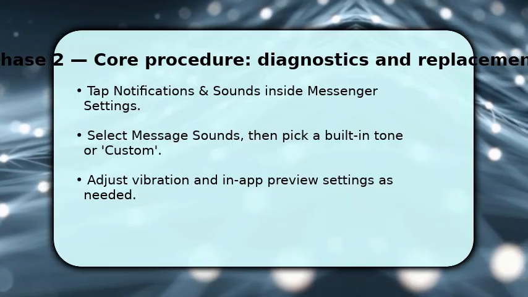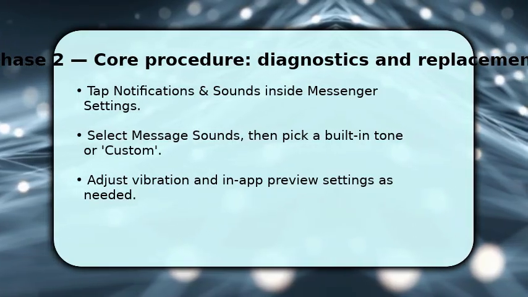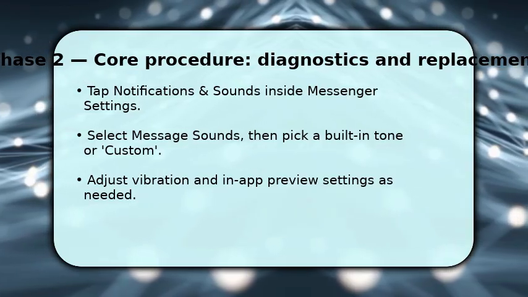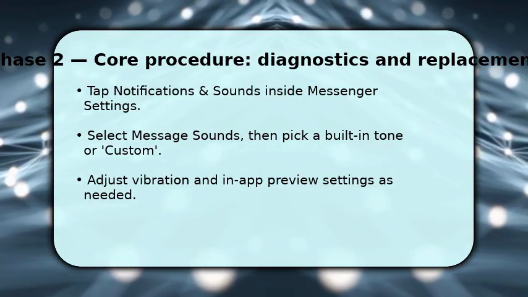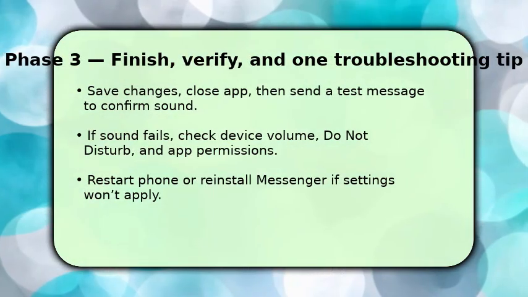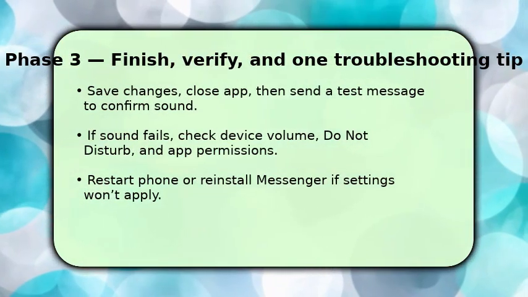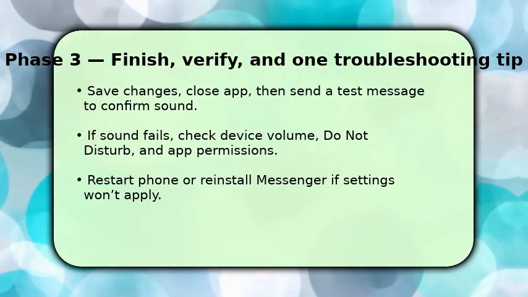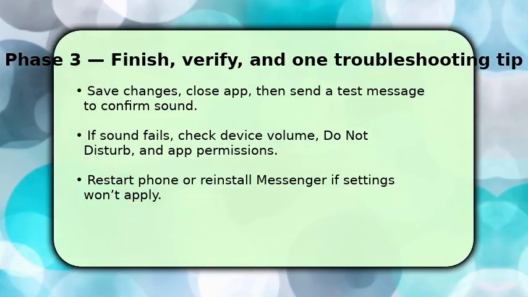If you can't find custom, it usually means you need storage permission. So grant that and return to select your custom clip. Finish by saving your selection and exiting settings, then send yourself or a friend a quick test message to confirm the new sound plays. If it doesn't, make sure your device volume is up and Do Not Disturb is off,